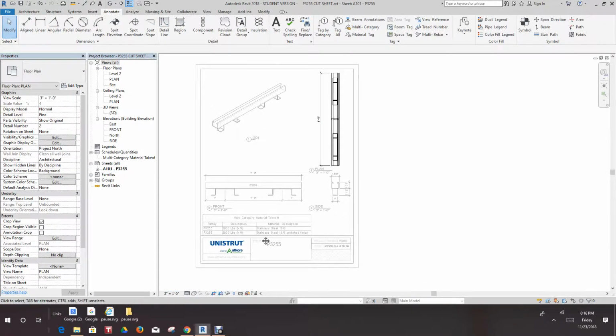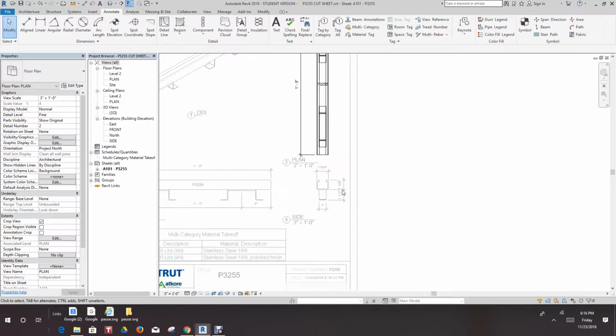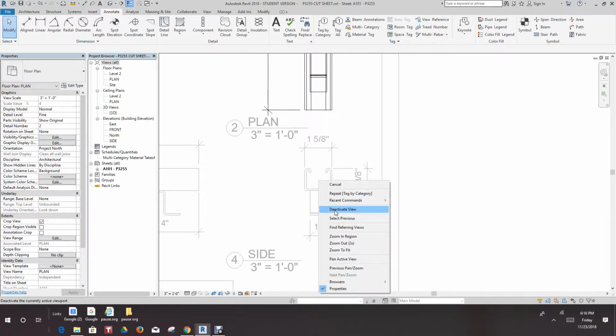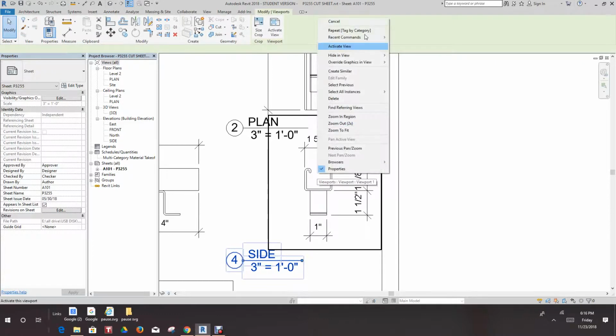But anyway, guys, this is an overview of tags and how we're going to be using them. So, like I said,